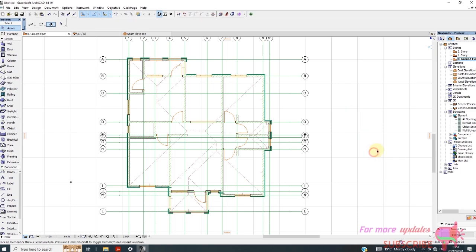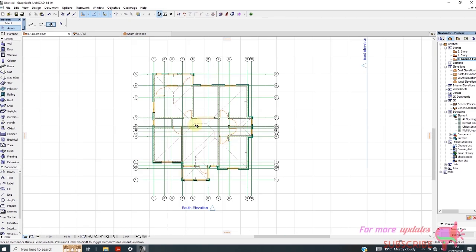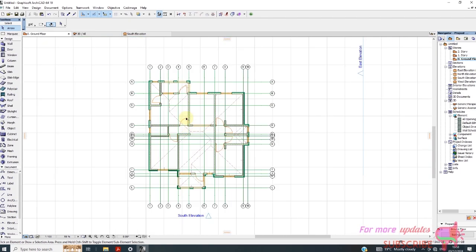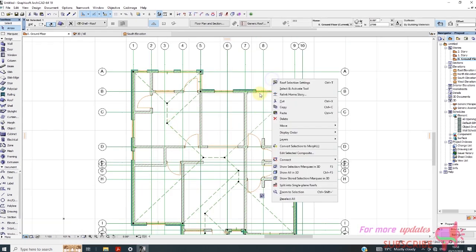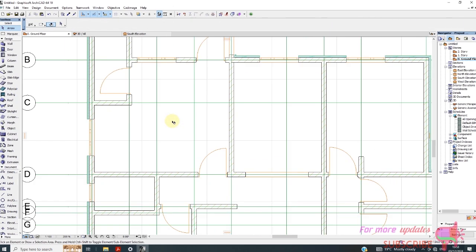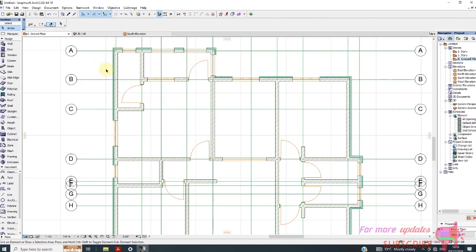Okay. Select this roof. Select layer. Hide layer. To hide that layer, and